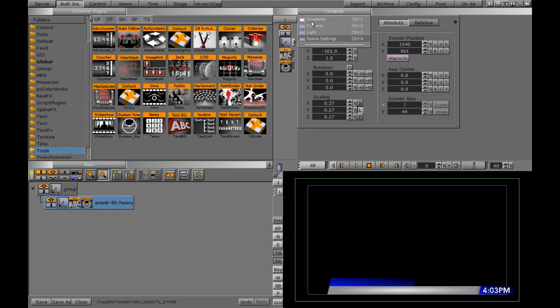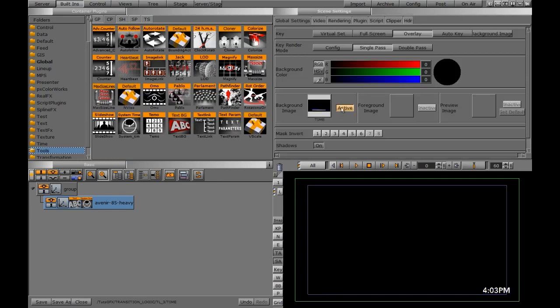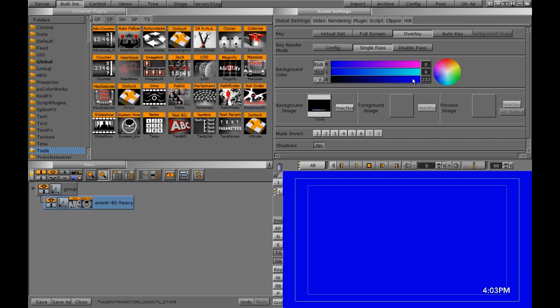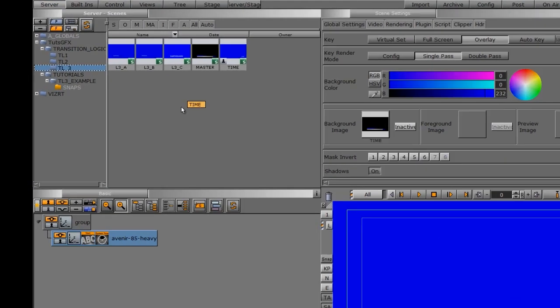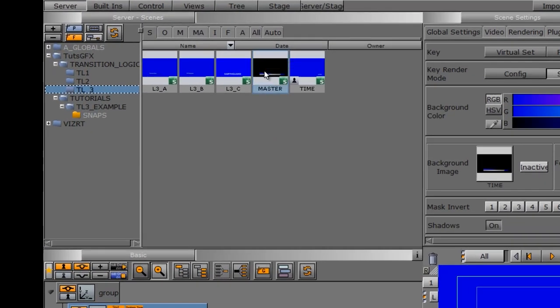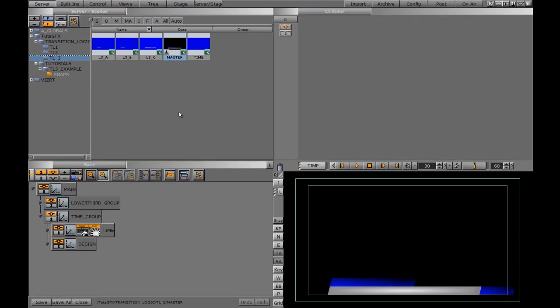So I'm going to go ahead and turn my background image off, and if I want to change this background color again to let us identify that this is a call-up scene, I'm going to go ahead and hit save, and this should be all set to go. We're going to hold off to test it, and we're going to go back into the master scene and add another element here. So I'm going to double click on the master scene, and this time we want to